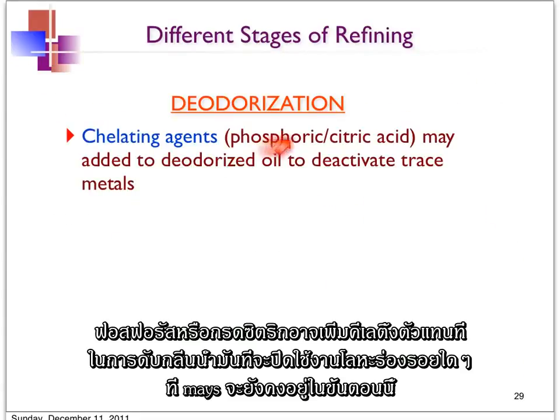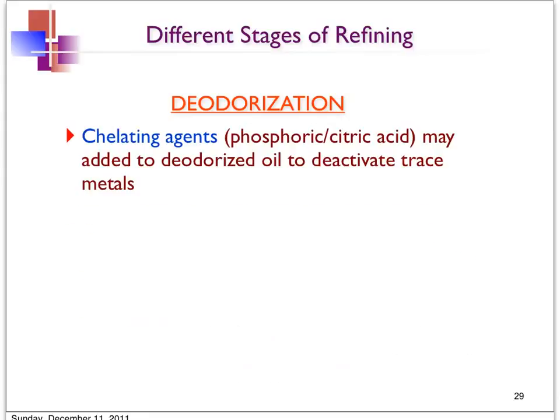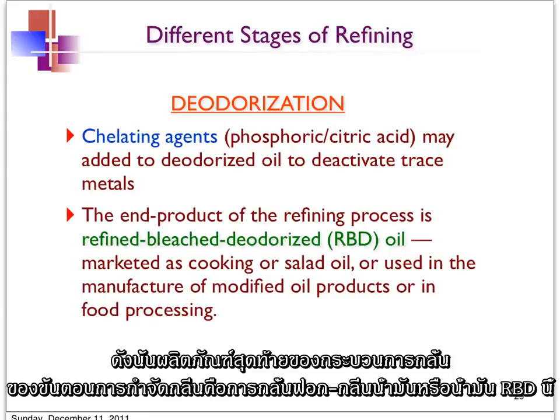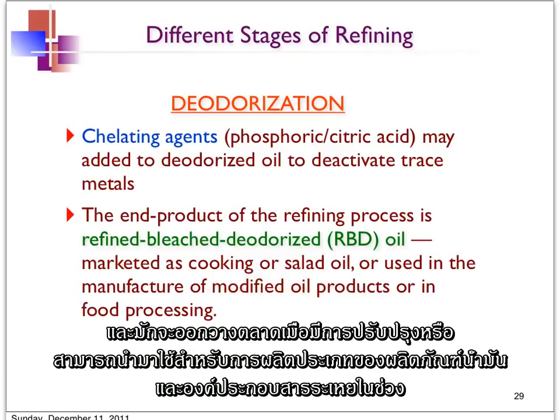Phosphoric or citric acid may be added as chelating agents into the deodorized oil to deactivate any trace metals that may still be present at this stage. So the end product of the refining process after the deodorization step is called refined bleached deodorized oil or RBD oil, and this is usually marketed as cooking or salad oil, or can be used for manufacturing of other types